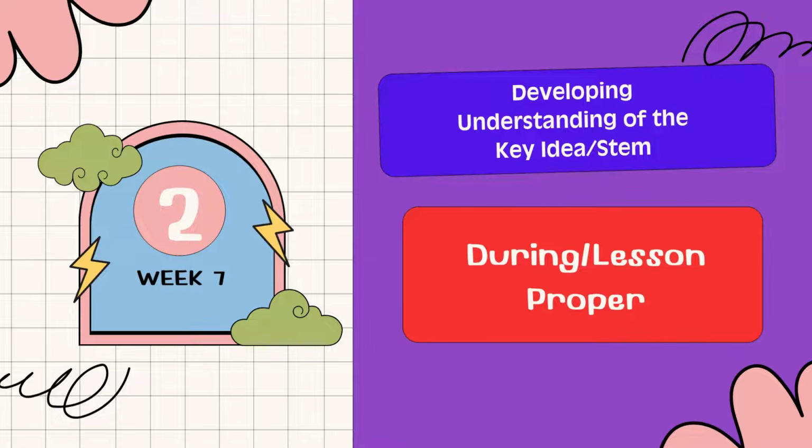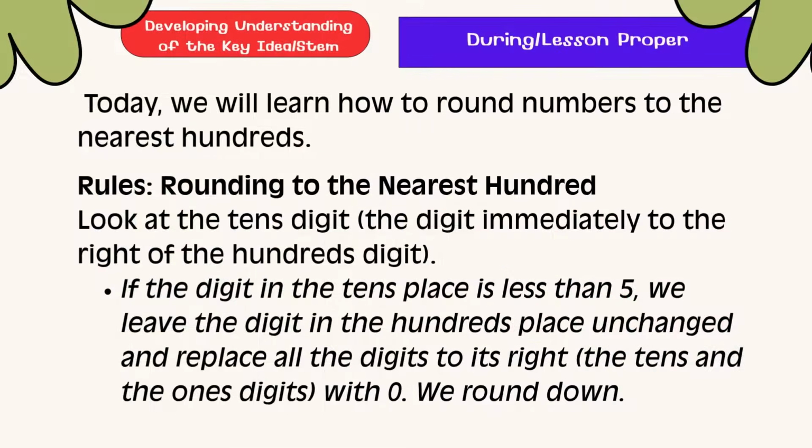Developing understanding of the key idea. Today, we will learn how to round numbers to the nearest hundreds. The rules for rounding to the nearest hundred are: